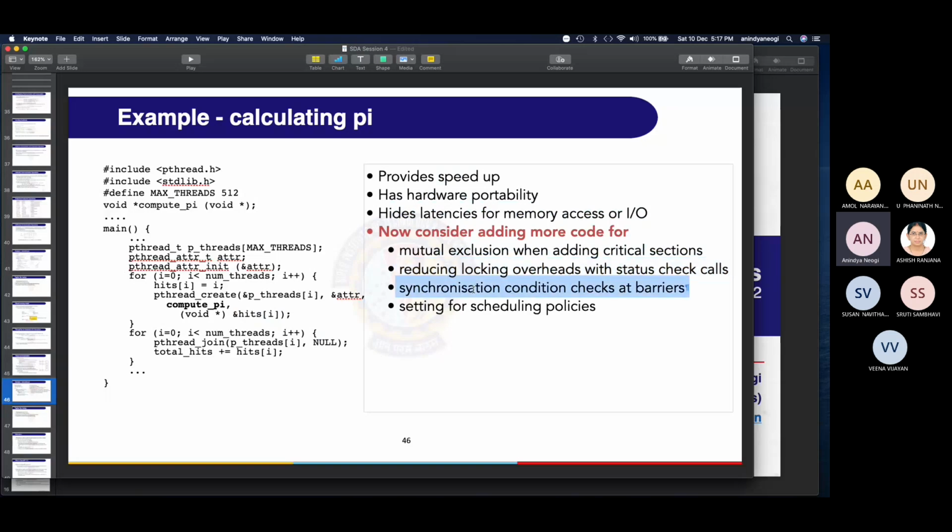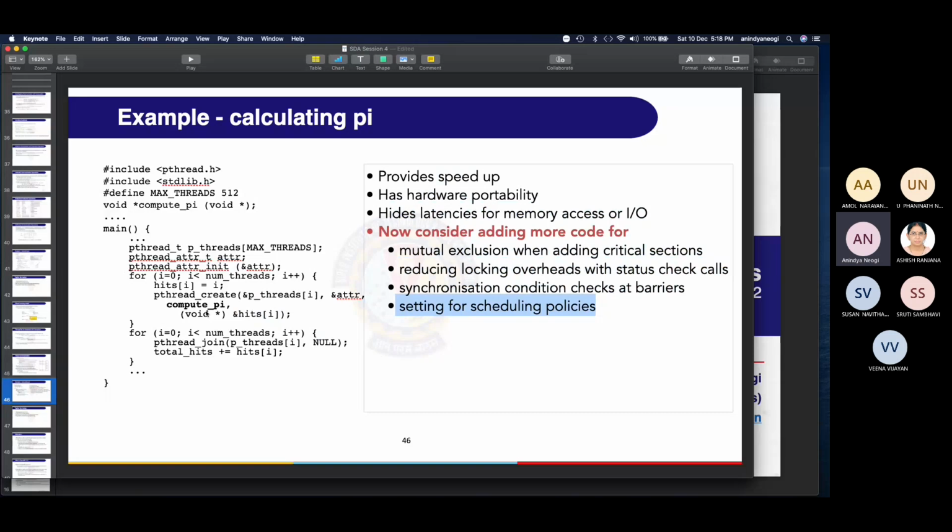I talked about barrier synchronization earlier. So you have to make sure that when two threads are progressing, maybe there's a condition where one waits for the other. And then there's a whole problem of thread scheduling. Let's say you have created 100 threads and you have an 8 core machine. How do those threads actually run on those 8 cores? As a programmer, often you will have to put in some sort of scheduling because you know your logic better, right? So often these threading libraries will ask you to tweak some parameters in terms of scheduling